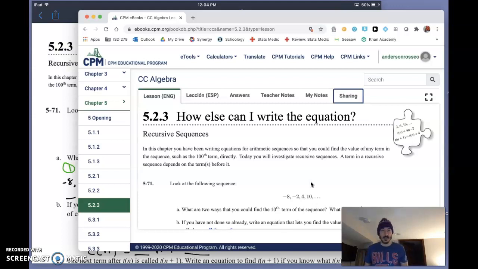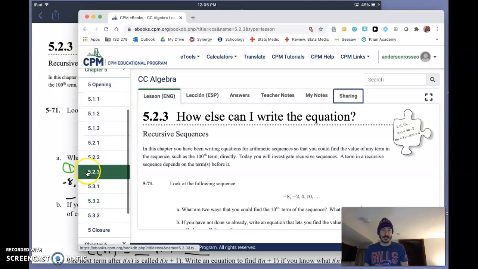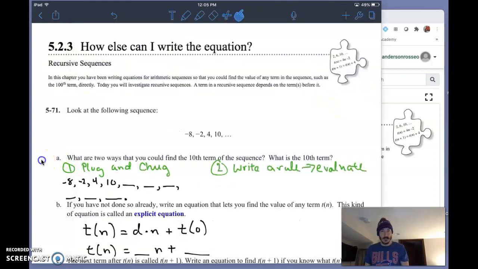I did take some notes ahead of time, and I'm going to share these notes with you in a moment. But before I do, I'll remind you that we can open up our table of contents once we're logged in. We can pull down or expand chapter 5, and here I am in section 5.2.3. I'm going to start with 5-71 today, and like I said, I put some notes down ahead of time, but